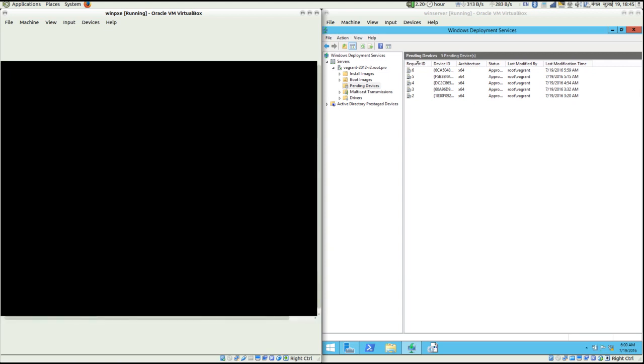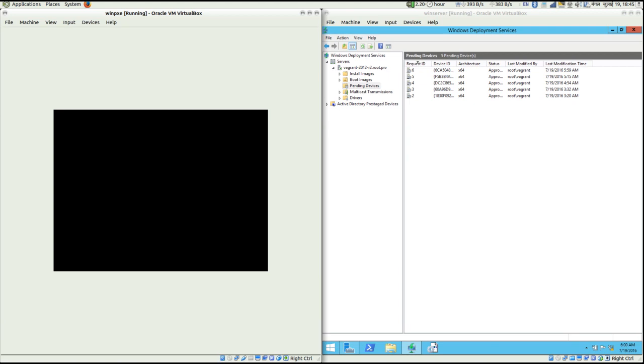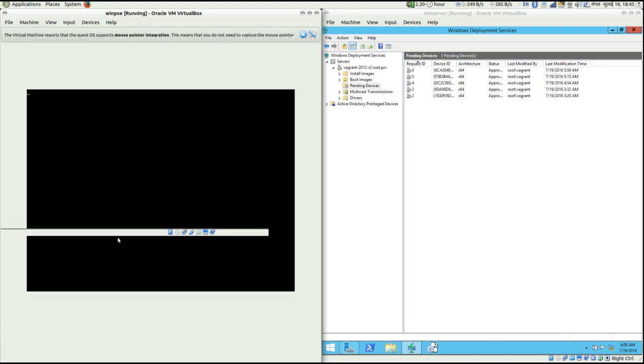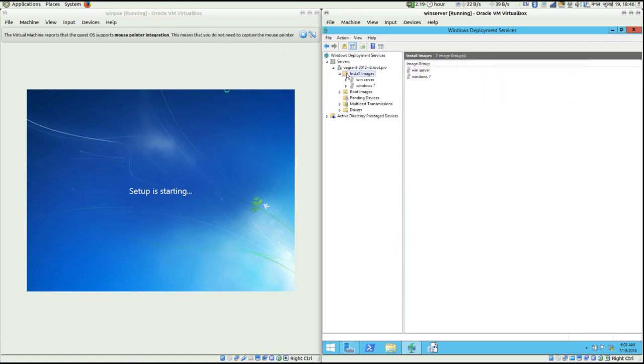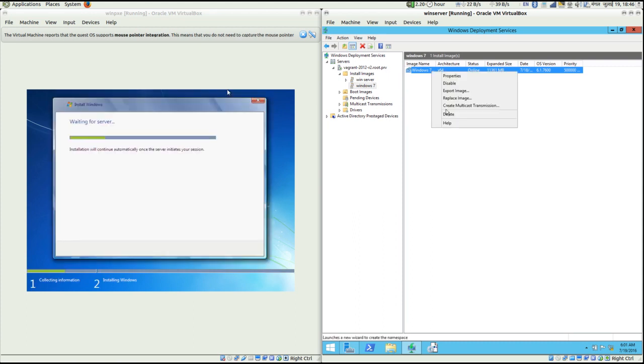We have to create two answer files for this PXE booting. We have created a simple Windows 7 unattended answer file for the boot image, and for the install image, which automatically selects Windows 7, we have created